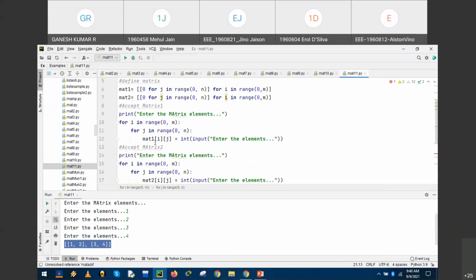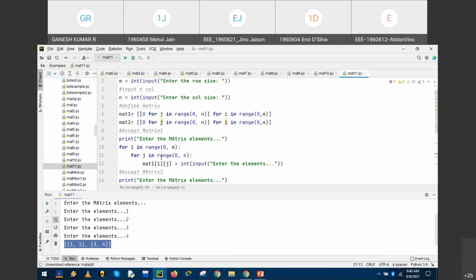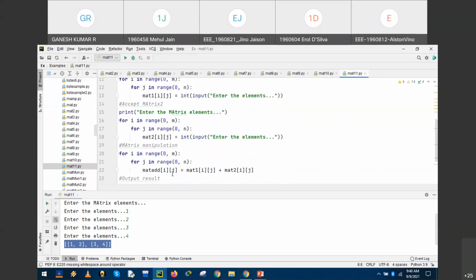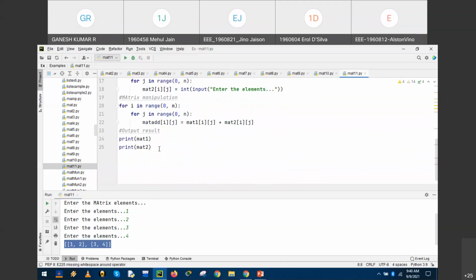So we need to define the resultant matrix also. We have defined the input matrix, but the output matrix also needs to be defined, isn't it? So it is nothing but mat add. So all the variables used in the later stage of the programming are defined. So print matrix 1, print matrix 2, and we have print mat add,